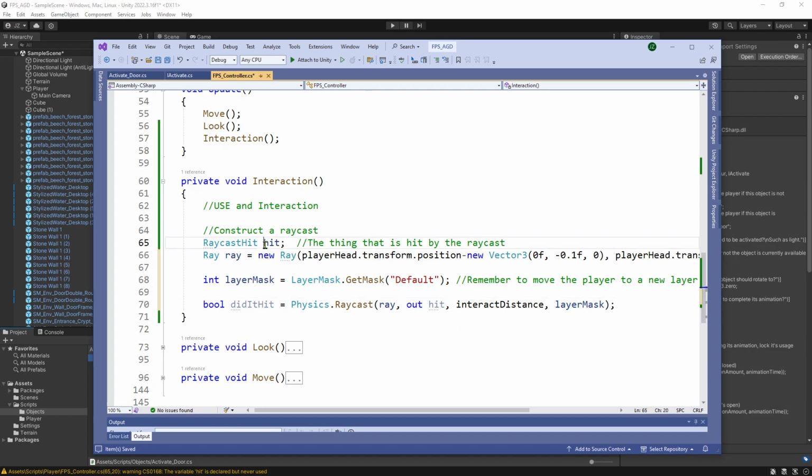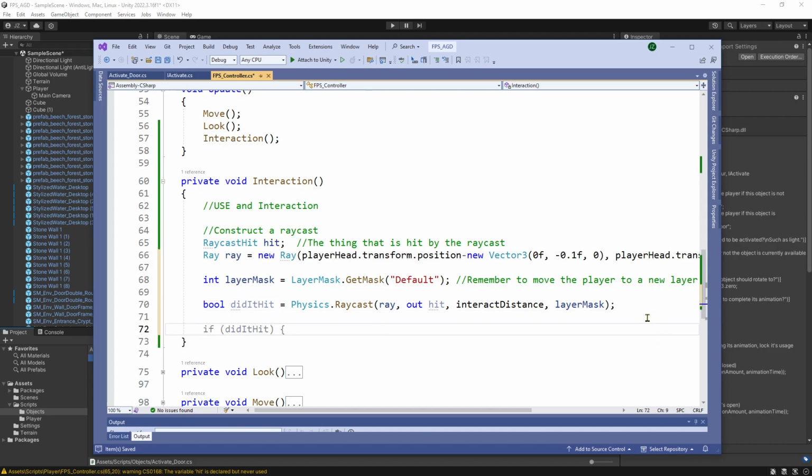So this parameter hit, that's currently null, is going to receive, I would say a game object, but it receives a RaycastHit. It receives whatever's getting hit by this raycast. So this variable will now have a value, and we're going to do something with it. And then didItHit is going to return true or false. And for the sake of testing,